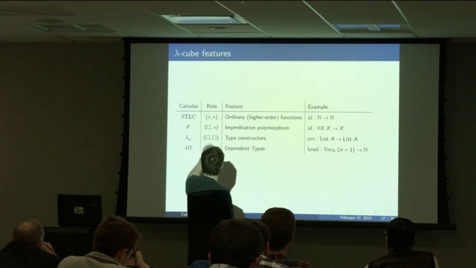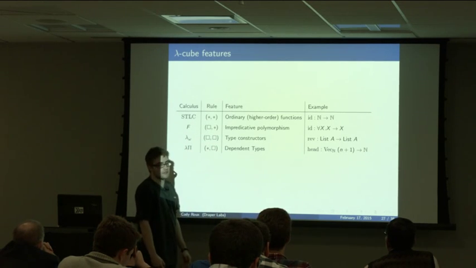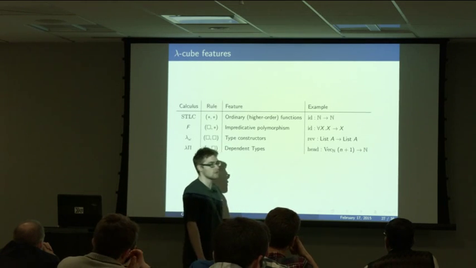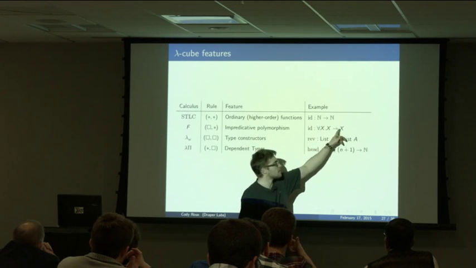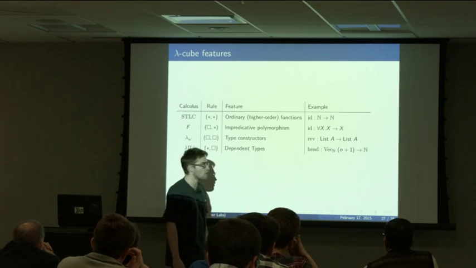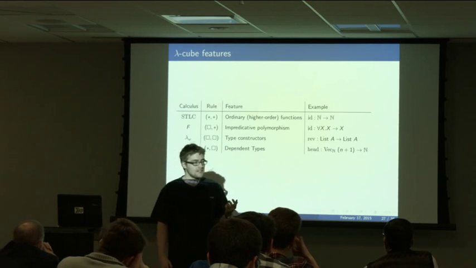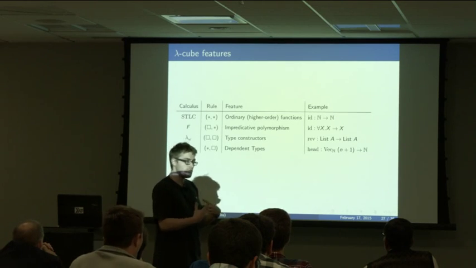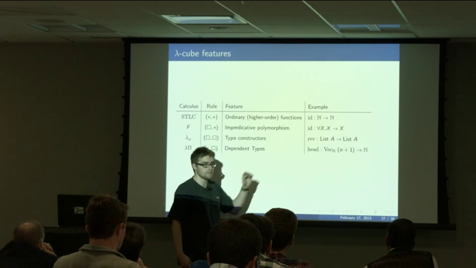And all these things are basically things you see in Haskell, which is kind of nice. Of course, type constructors you see in Haskell. Of course, polymorphism you see in Haskell, though usually you don't instantiate X with something that contains a forall. And dependent types, not really, but data kinds, along with GADTs, give you something very similar to this head function. Okay?